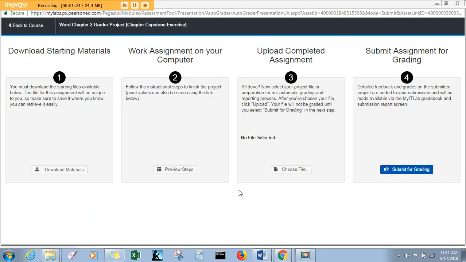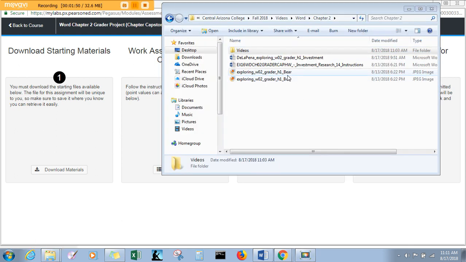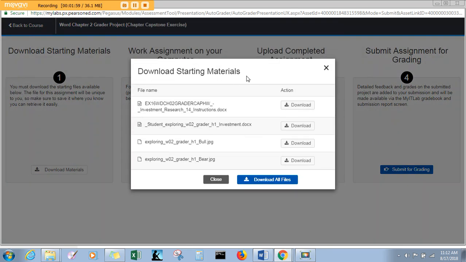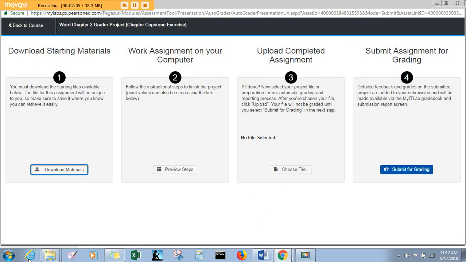So again, here on the Word Chapter 2 Grader Project Test Presentation window, you have 4 steps here. Download starting materials, work assignment on your computer, upload completed assignment, and then submit assignment for grading. Now, as you can see, I have my 4 files downloaded, because when you click on download materials, it brings up this screen here, and there were 4 files to download. I've already done that,